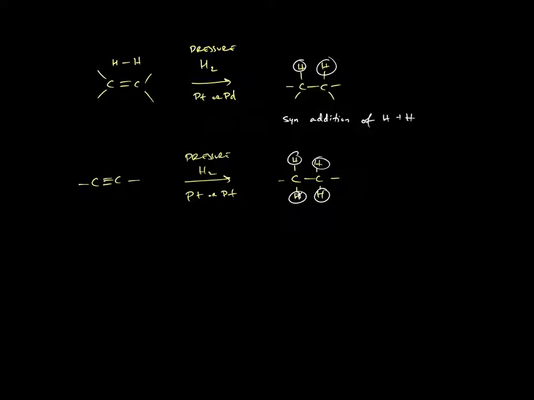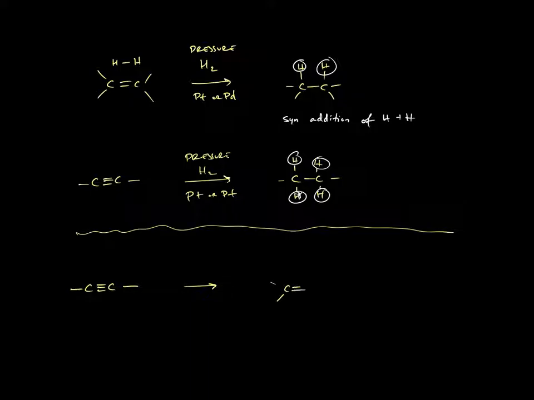But a really cool thing that we figured out how to do is if we want to start with an alkyne and turn it into an alkene, we have figured out ways to do that. So if you want to start with an alkyne and basically stop halfway through, that is to say, add just one hydrogen onto each side and end up with an alkene. So in effect I'm saying going from here to here. Then the way that we do it is, it looks the same. We would use pressure